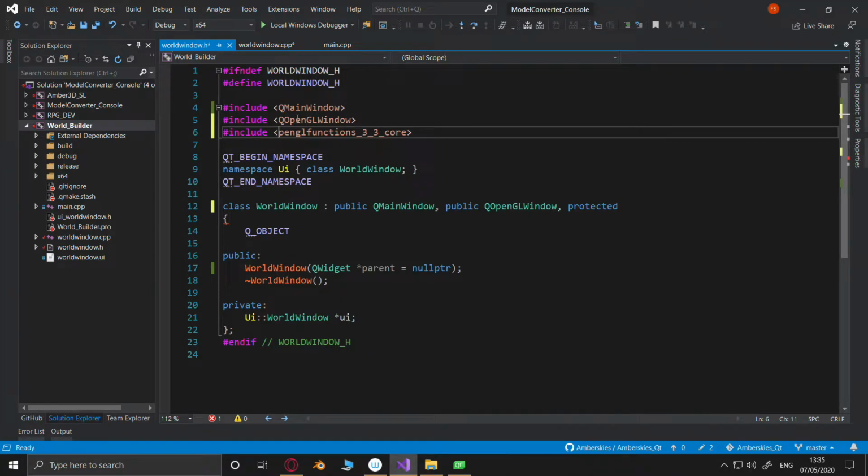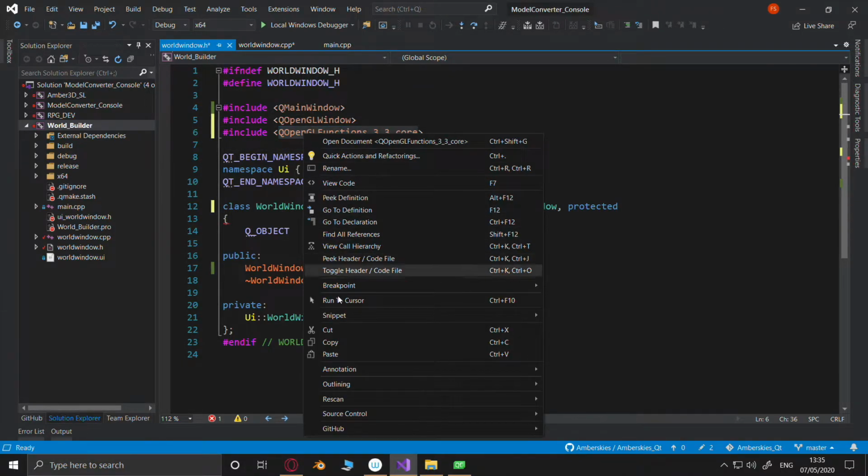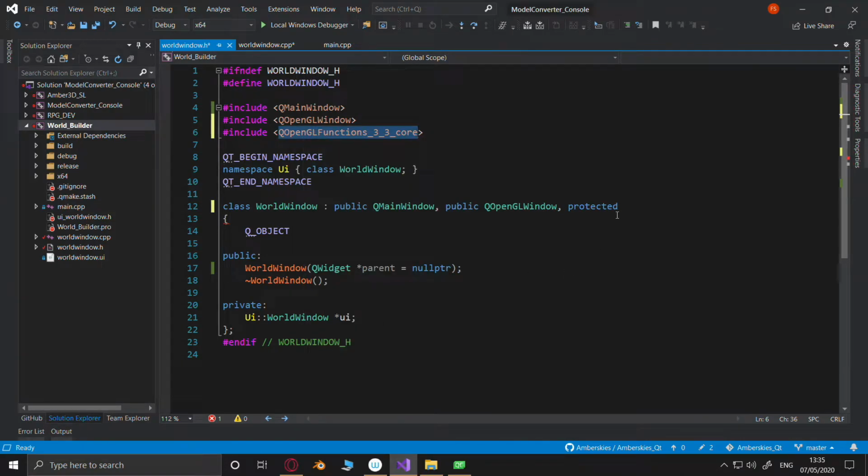I wish it wouldn't do that. QOpenGLFunctions. Alright. That would be what I want to do.